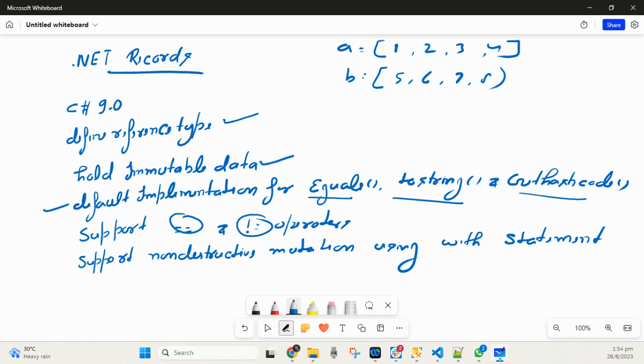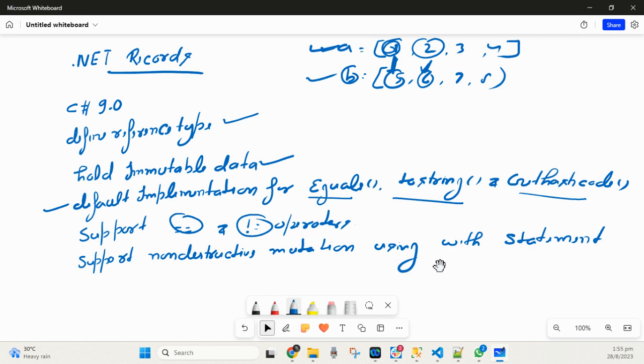what we did earlier in the comparison was check the first name here and the first name there to see if they are equal or not. Then we got the last name from the first variable, the last name from the second, and checked again whether they are the same. It's quite complicated when we have so many values in each and every variable of a collection. But using the .NET record, it's quite simple,